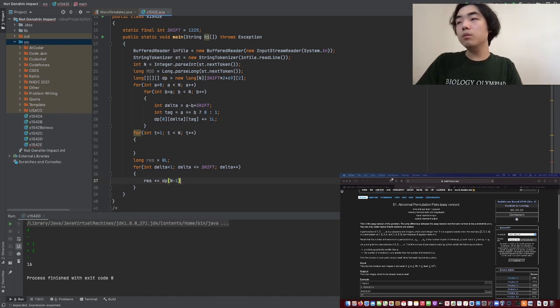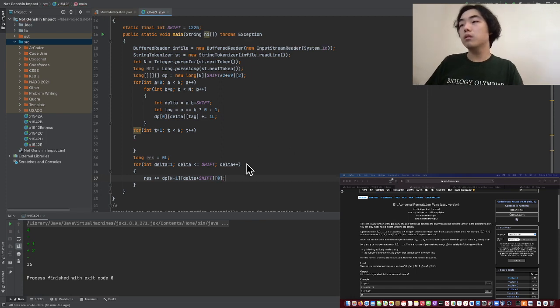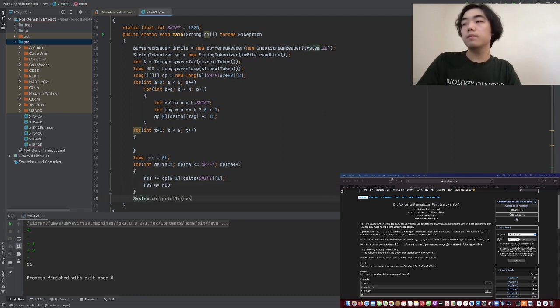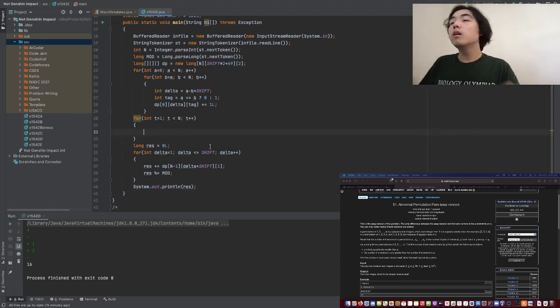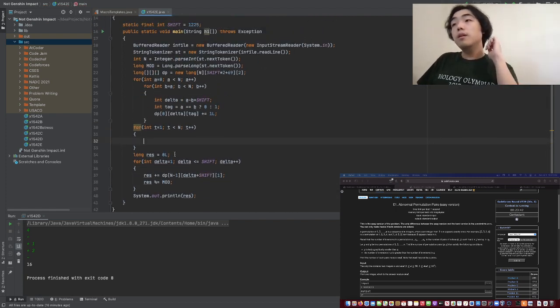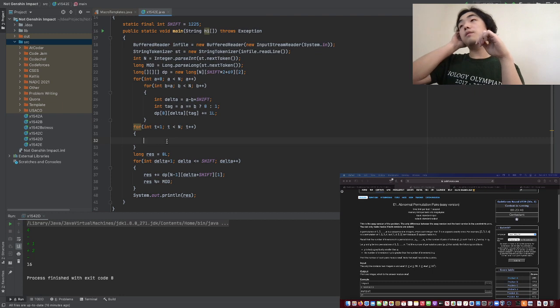dp at n minus 1 at delta plus shift, 0. No, it has to be at 1 because it's lexicographically smaller. Okay. And then for these values,